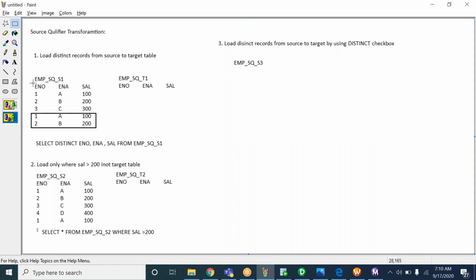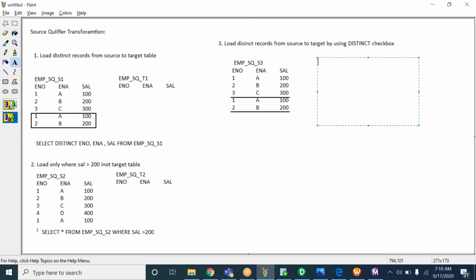Create the same table with these columns and duplicate records, and the target table emp_sq_t3 with employee number, employee name, salary. So the requirement is the same as the first example.